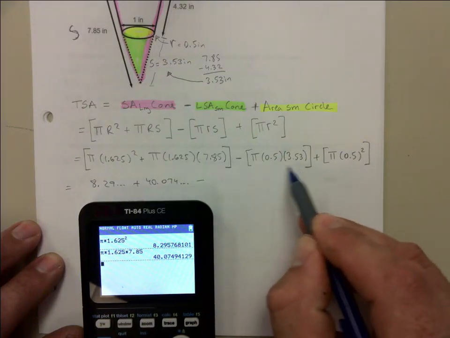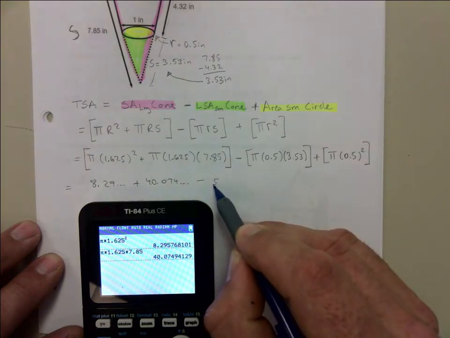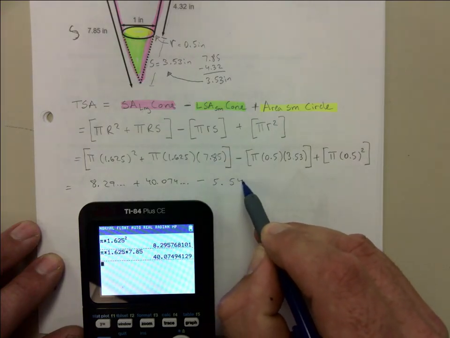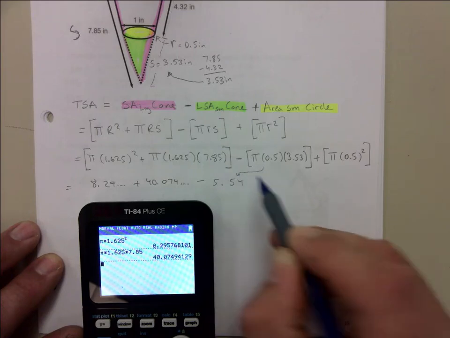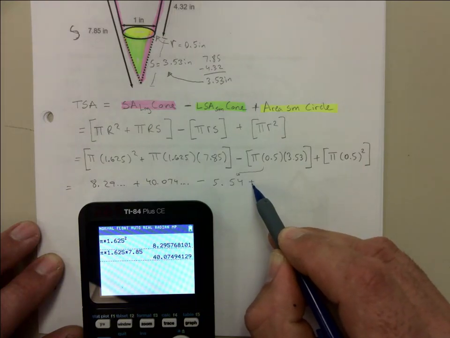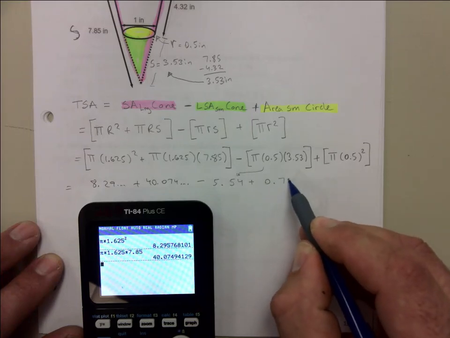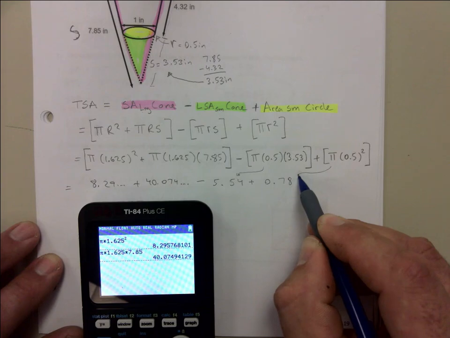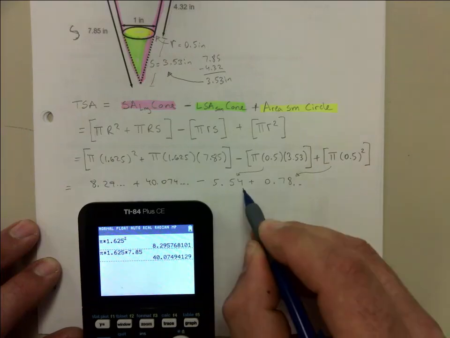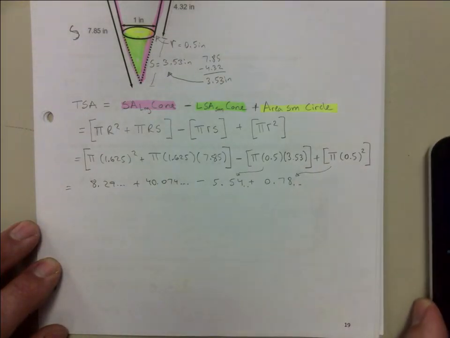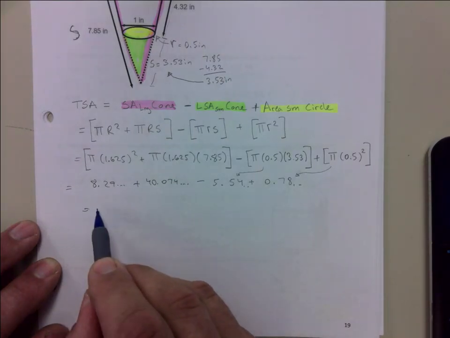Minus this part right here, you're just going to have to take my word for it, is 5.54. That one right there. So if you want arrows, you go for it. Plus pi r squared, which is 0.78 something. And it actually keeps going. All of these numbers keep going. If you were to add and subtract accordingly, you end up with,